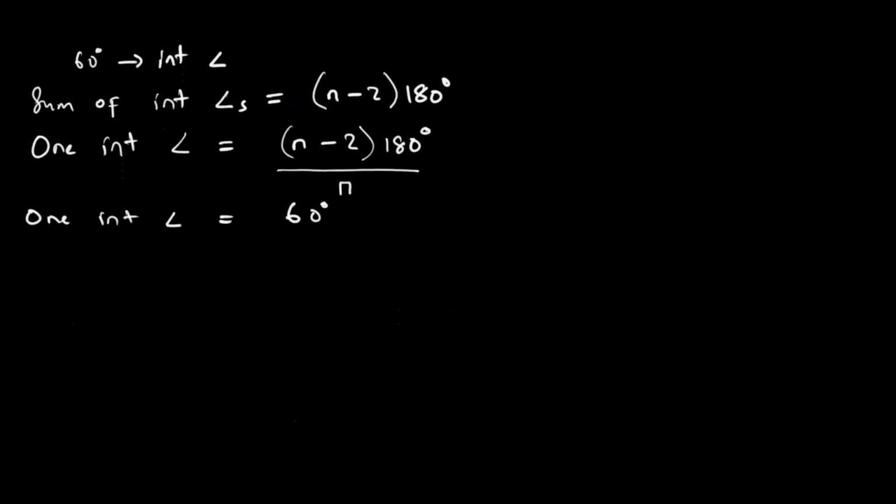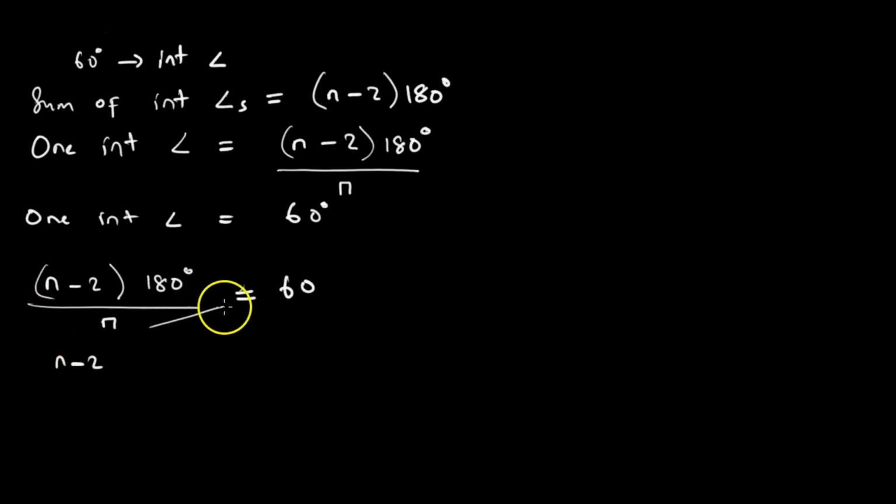So we know that we should just say (n minus 2) times 180 degrees over n, and this part is representing the one angle, which is equal to 60. When we solve this, it should tell us how many sides our shape has. So we say n minus 2, and cross multiplying here, (n minus 2) times 180 degrees is equal to 60 times n, like that. So what do we do? We want to find n.